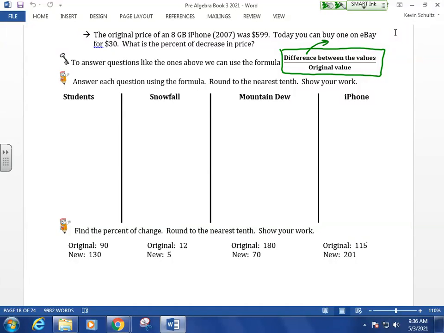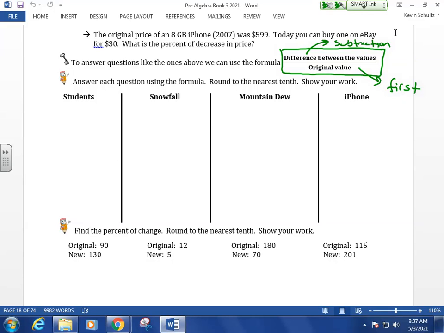We're going to be subtracting the values here, and then we're dividing by the original value. Now, sometimes it can be difficult to determine which one's the original value. It's not always the lesser of the two. It's not always the greater of the two. The original value is what came first. What came first? So in our question on the 8th grade class, if last year there were 40 students